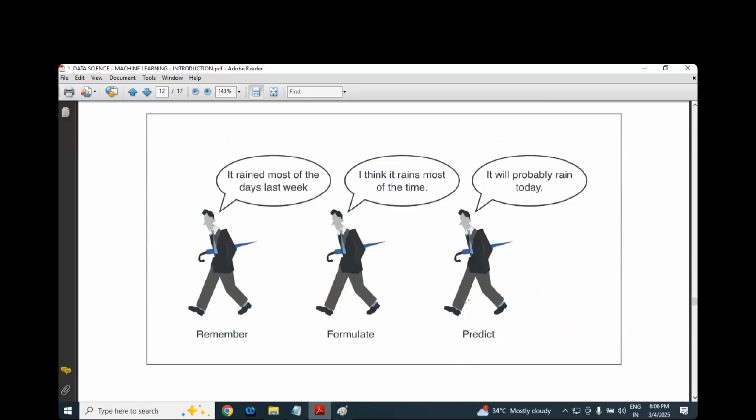Look at this image. You will get one small fun image. Generally in our brain, we apply this formula. First one is remember. Then we formulate a little formula. The last one is the prediction. Directly it is not a prediction. First we remember, the next one is formulate, the third one is predict. Hold on. First, remember.